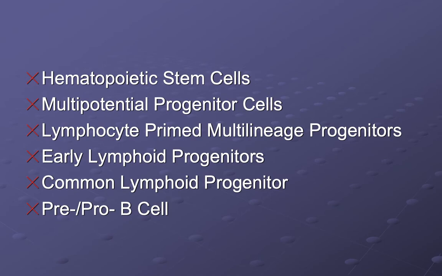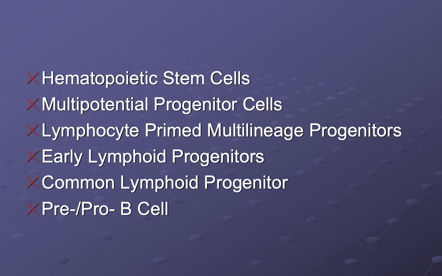We have hematopoietic stem cells, which are the self-renewing, pluripotential cells. They give rise to all blood cells, as we know, and depending on the stimuli that it receives, different transcription factors can drive commitment of hematopoietic stem cells. Then we have multipotential progenitor cells that lost the capacity to self-renew, but they can still differentiate into different lineages. They are not yet very restricted. Then we have our